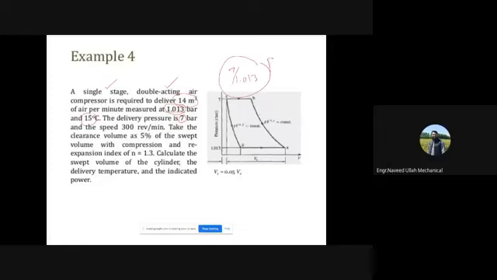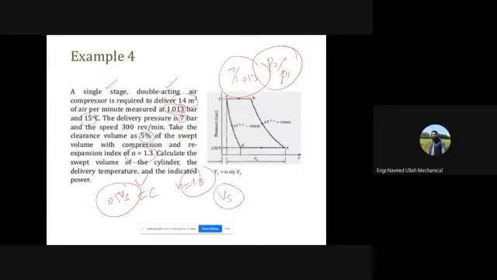7/1.013, दिस इज एक्चुअली योर प्रेशर रेशो P2/P1, and the speed is 300 rpm and take the clearance volume is 5% of the swept volume। अच्छा, तो स्वेप्ट वॉल्यूम जितना आपके पास है ना उसका 0.5 आप लेंगे, ये आपके पास ये आ जाएगा, क्लियरेंस वॉल्यूम आ जाएगा ऑफ द स्वेप्ट वॉल्यूम विद कंप्रेशन एंड रिकम्प्रेशन इंडेक्स, ये पोलिट्रॉपिक इंडेक्स की बात कर रहा है, n इज इक्वल टू 1.3, राइट। कैलकुलेट द स्वेप्ट वॉल्यूम, पहले आपने स्वेप्ट वॉल्यूम फाइंड आउट करना है, ठीक है, ऑफ द सिलेंडर